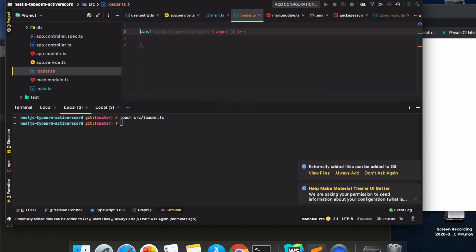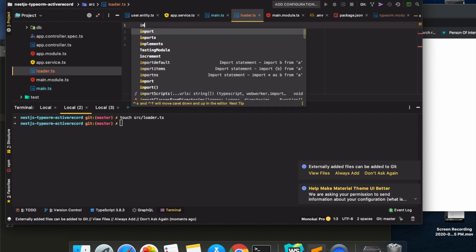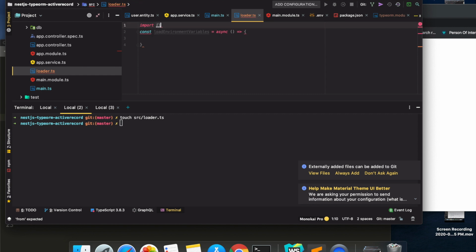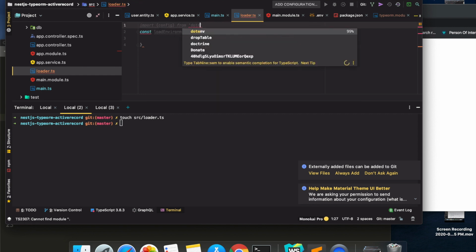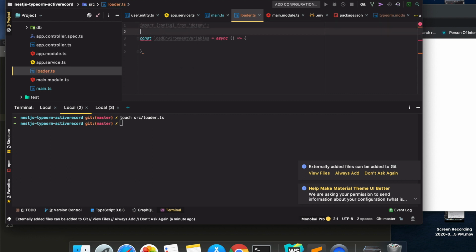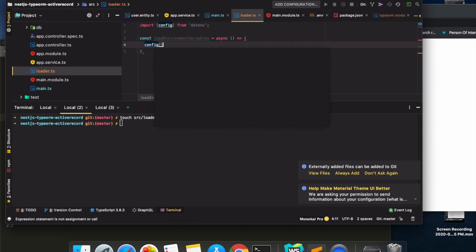Here we just need to call config from .env. So we need to import config from .env, and we just need to call this function. That's it. This .env package is already included in your TypeORM, so we don't need to install it explicitly.